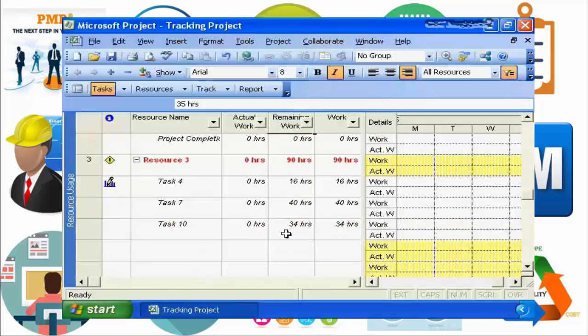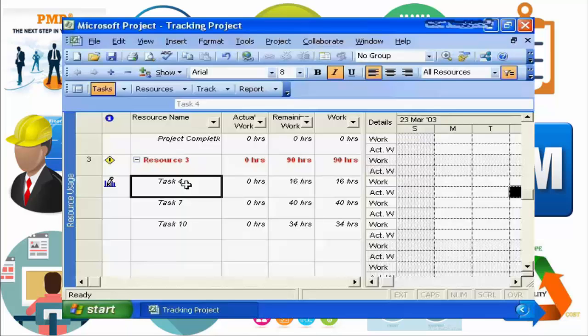We go on to resource number 3, and resource number 3 tells us that they spent all of their time this week on task number 4. When we look at our timesheet from resource number 3, we see they provided more details, more granularity than our other 2 resources. The other 2 resources simply provided a total effort per week per task. Resource number 3 has actually provided us detailed information of what work they've done on a project on a day-by-day